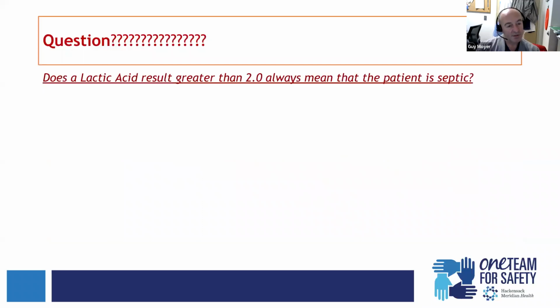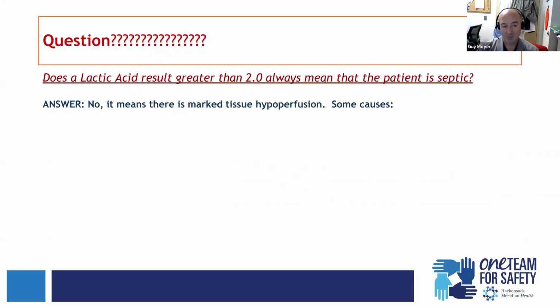So here's a question for you. Does a lactic acid result greater than 2.0 always mean the patient is septic? And the answer to that, no. It means there's some marked tissue hypoperfusion. And some of the causes of that include